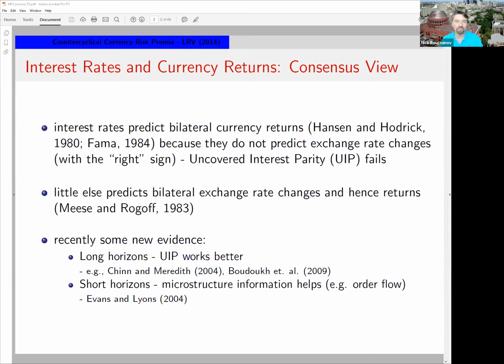And there's some evidence that this UIP relationship works better at longer horizons. Now, of course, it's much harder to measure interest rate differentials and the adjustment of exchange rates to offset those at longer horizons. There was also some evidence already at that point in time that there is predictability at the very high frequency, mostly potentially due to microstructure effects, but generally looking at flows. And in fact, this has been a very active literature now. I don't have all the references here, but there's been a lot of work recently trying to understand how the flows in the exchange rate markets drive